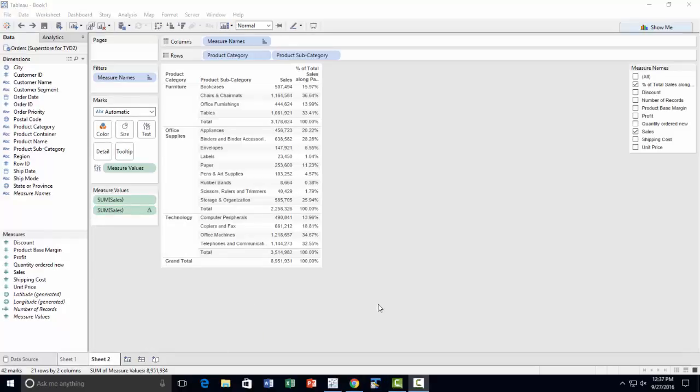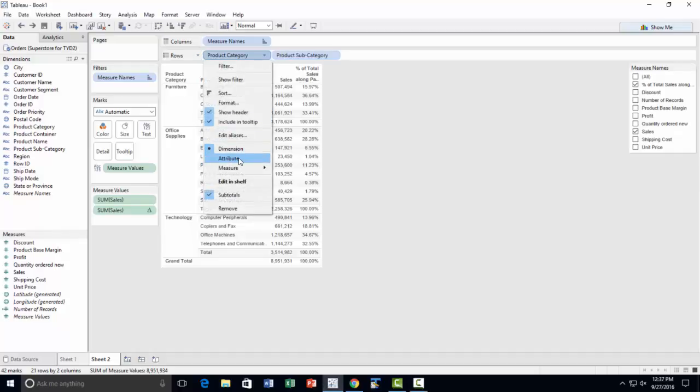You know, there is something called the attribute function in Tableau. What attribute does is that it looks at whether a particular value is repeated or not. If a particular value is repeated, then it is counted as just one instance. We'll be talking more about attribute later on, but right now let me show you what happens when you select attribute. So if you change the product category to attribute measure,